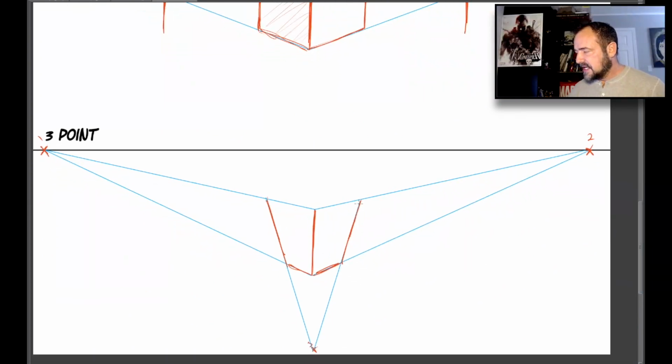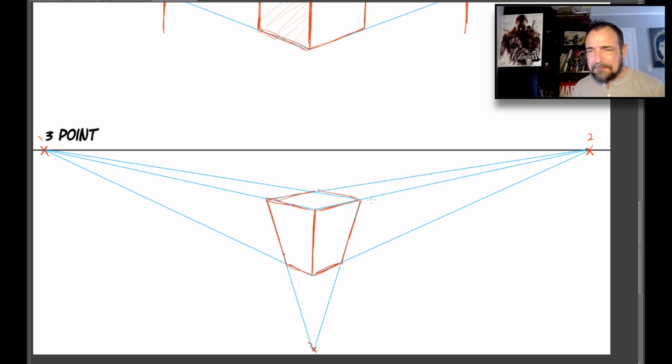That's going to be the angled edge. Okay, so it's almost exactly, oops, I guess I need a ruler on that one. It's almost exactly like a 2 point, except all the vertical lines are going to be tapered down to this 3rd point. And you can see here how now it's got that kind of warping effect,